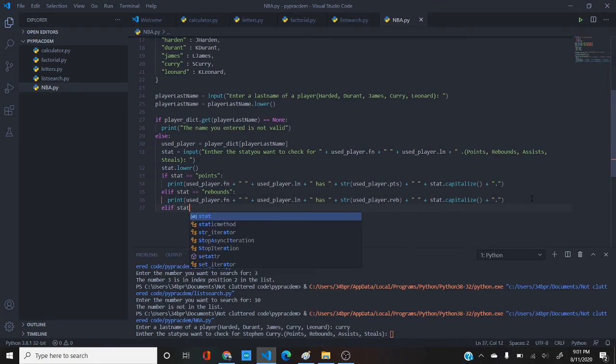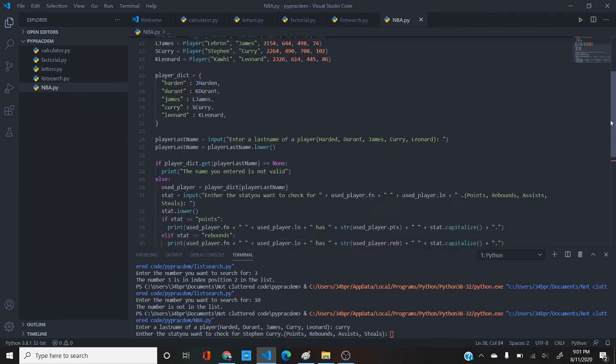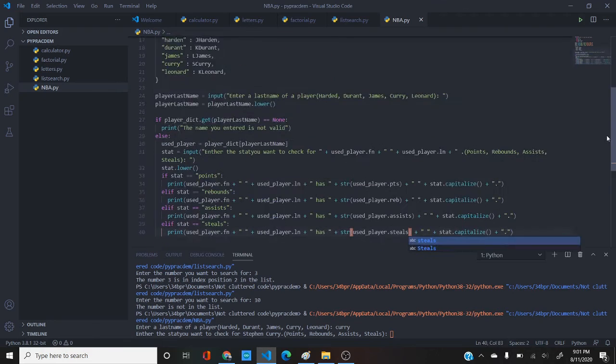And elif stat equal to assists, and then I think it was just called assists. Yep, so then we got the assists there, and then elif stat equals steals, and then do that and put in, I think it was steals, yeah, or it was steal. Okay,